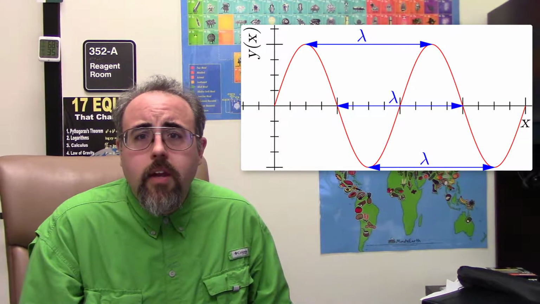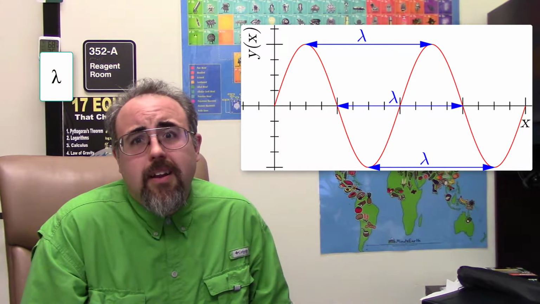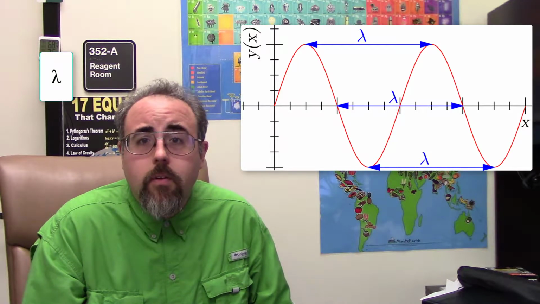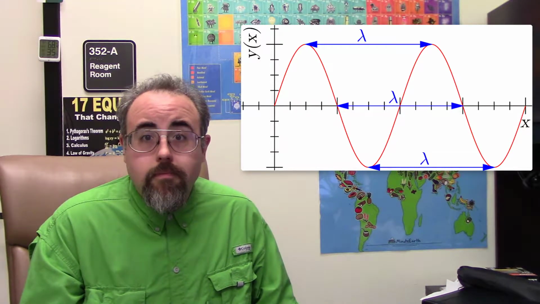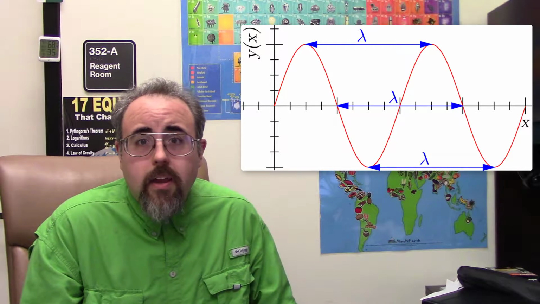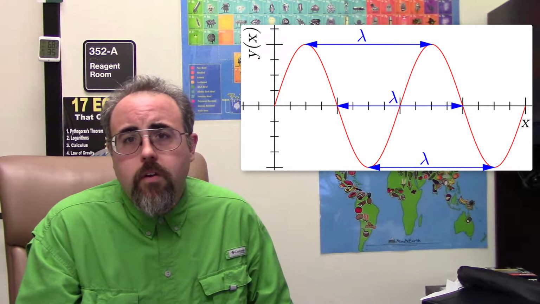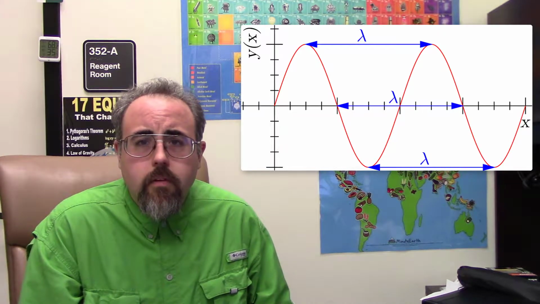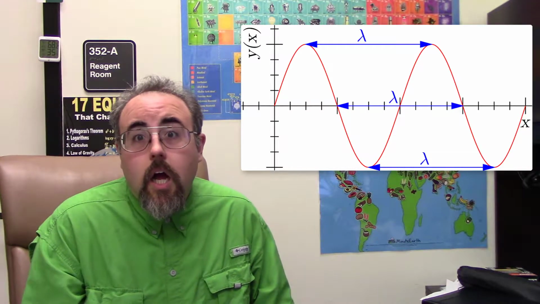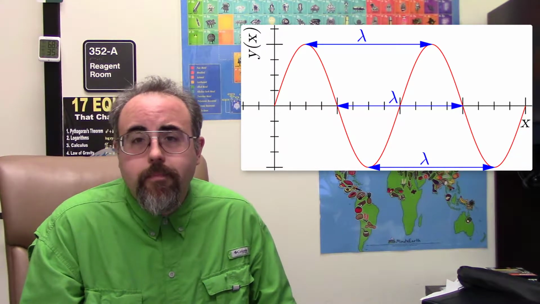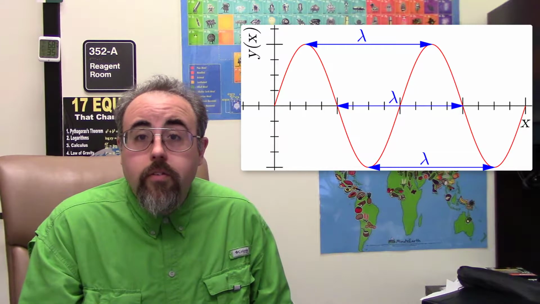This is given the Greek letter lambda. Kind of looks like an upside down Y, even though it's not. And it's measured in a length unit. For light, you're probably looking at nanometers, or if you're going more of the, not necessarily SI, angstrom, which is 10 nanometers. The other one is going to be frequency.